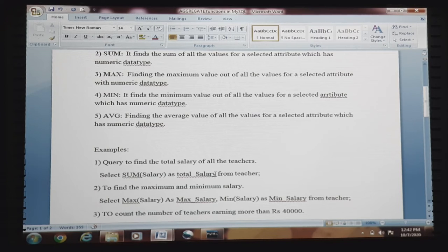Now, this column will be inserted automatically by means of alias. This column will automatically get updated by means of alias. As I have discussed in one query which consisted of updation of first name and last name by means of alias, similar to that, the total salary column will be one new column that will be updated in our relational database, which has been created by using alias from the teacher table. So let us execute it and see what could be the possible output.